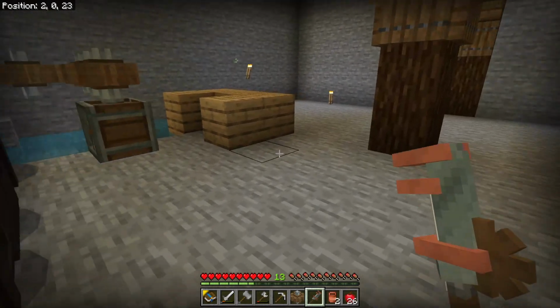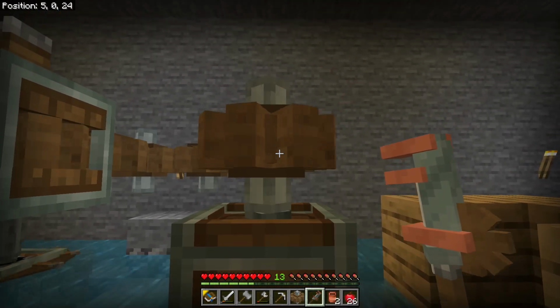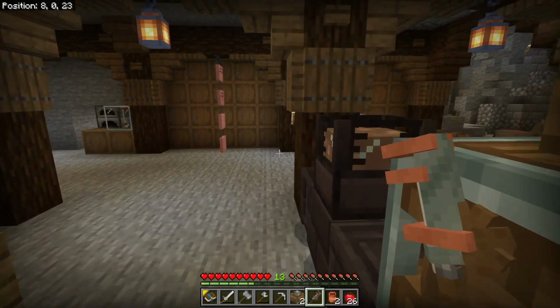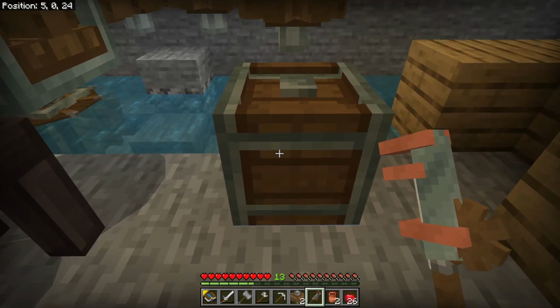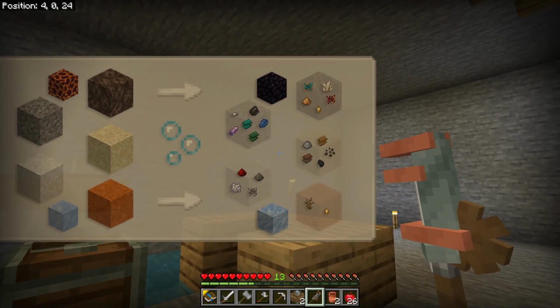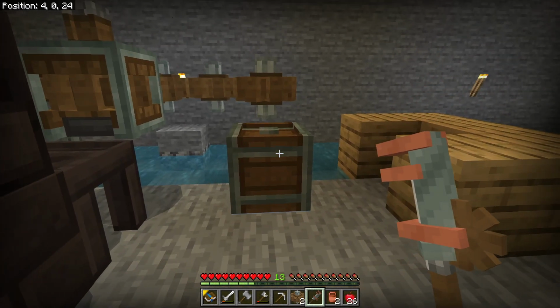So the other thing we can use it on is this encased fan. I think it's the same deal. I don't think we want the cog on it. And we should be able to left click and it comes up and tells us all the stuff that we can put in here. So as you can see, soul sand will make all the stuff to the top right. The gravel